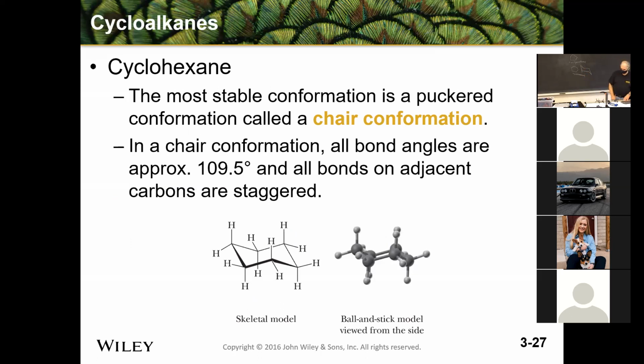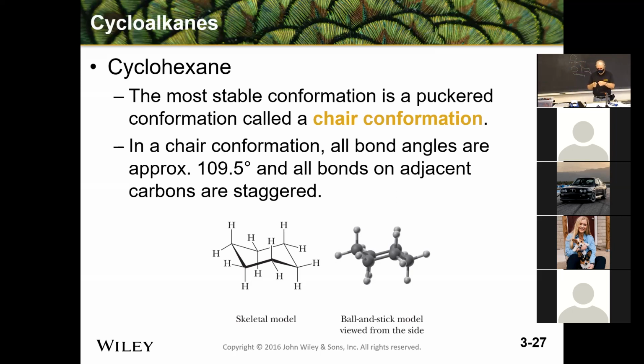Okay, let's go to cyclohexane next. Five- and six-membered rings are extremely common in natural products. While you have a little bit of torsional strain and very little bond angle strain in cyclopentane,